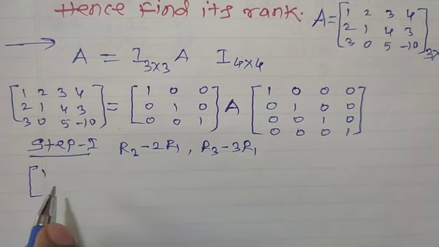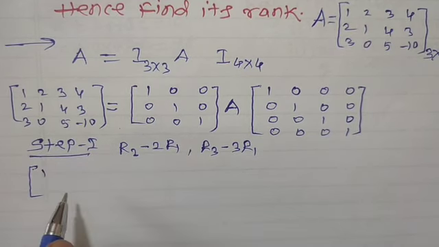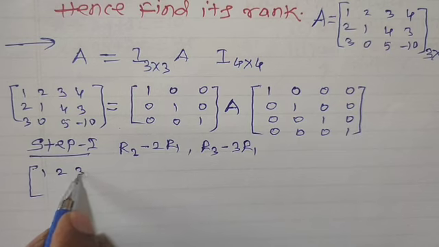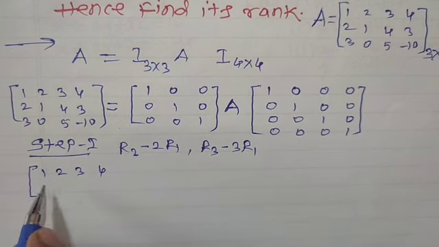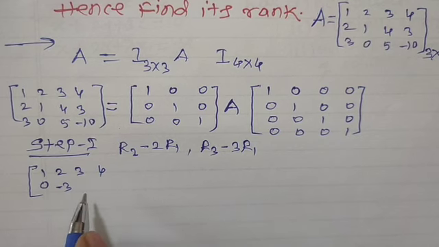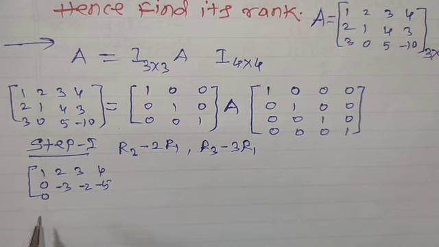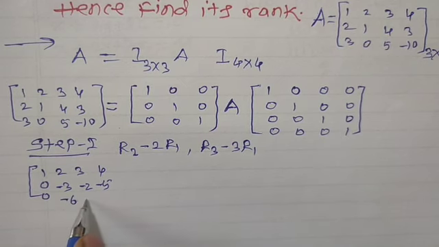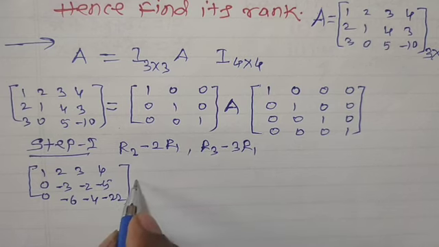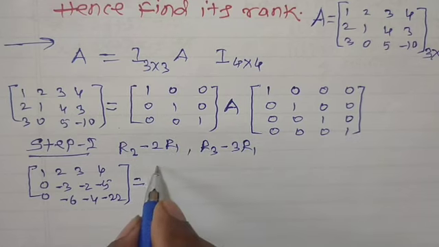Okay, so applying this transformation, we will get this matrix reduces to 1. First row as it is, there is change in second and third row only. So 1 2 3 4, 2 minus 2 0, 1 minus 4 minus 3, and then 4 minus 6 minus 2 and minus 5. Third row, 3 minus 3 0, 0 minus 6, that is minus 6, then minus 4, and then minus 2.